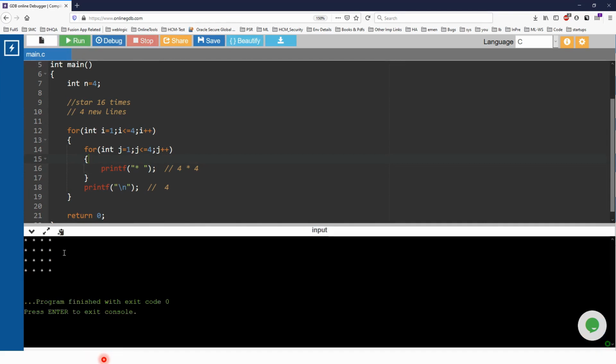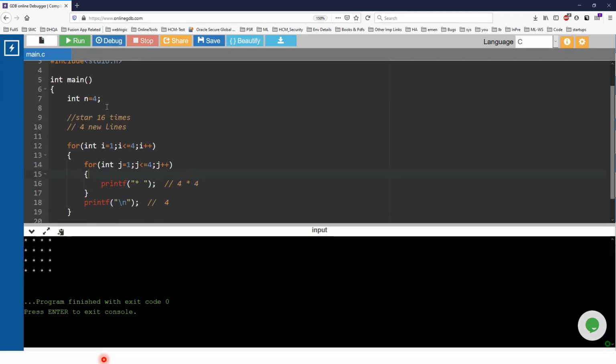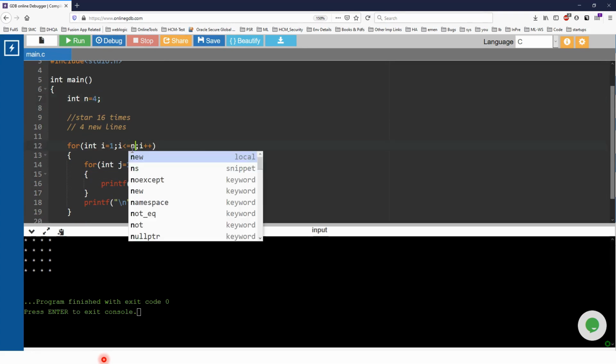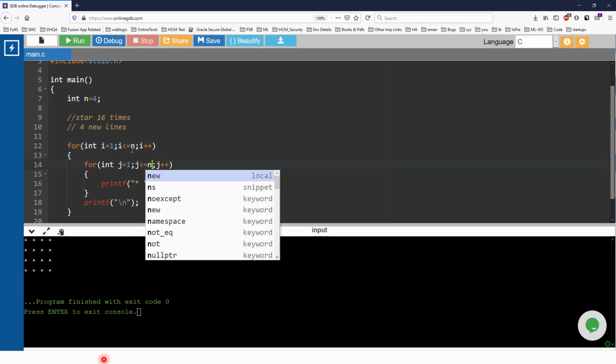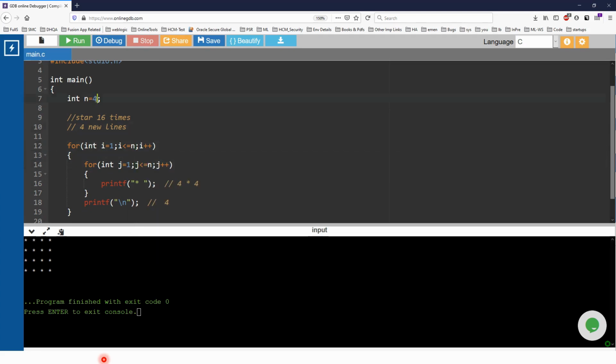Now since this is only for 4, what I'm going to do is let the user enter a number and then use that number here in the loops. So instead of 4 I'm going to use n, and here also instead of 4 I'm going to use n. So let's say I want to print a square of size 5.